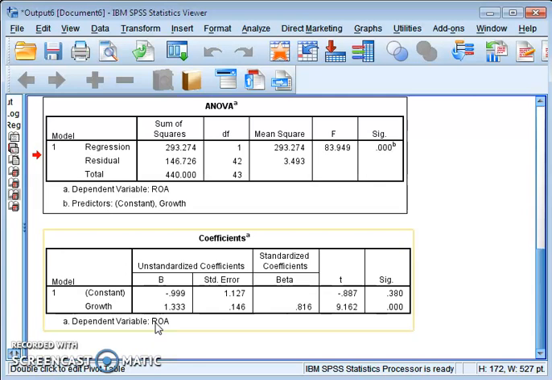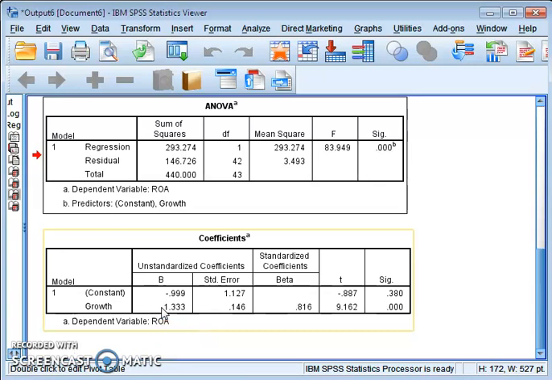But before we finally conclude this, we also need to check whether this impact is statistically significant or not. The sign of this unstandardized coefficient determines the direction of the relationship. If the sign is positive, the relationship is direct or positive: if one variable increases, the second will also increase.